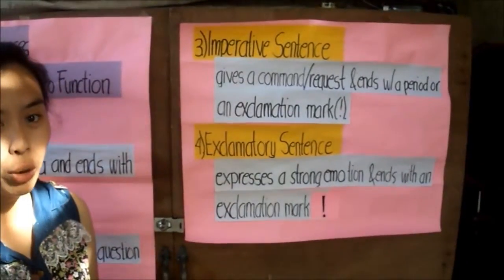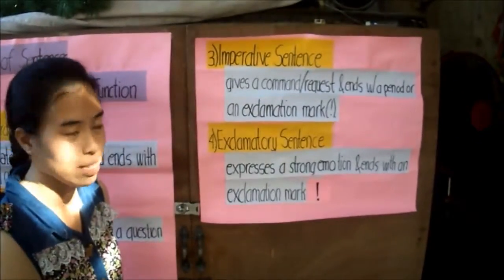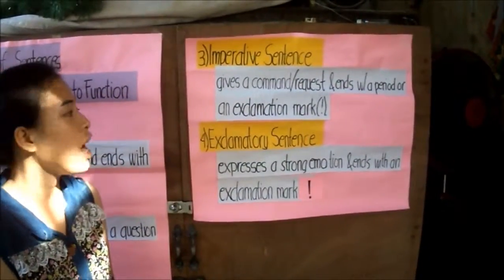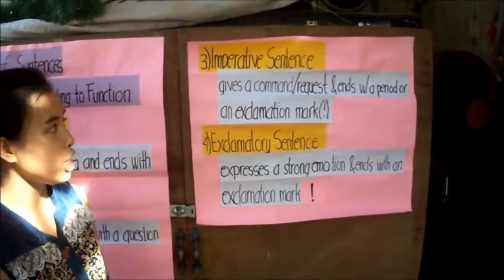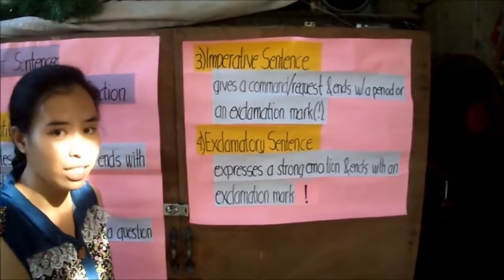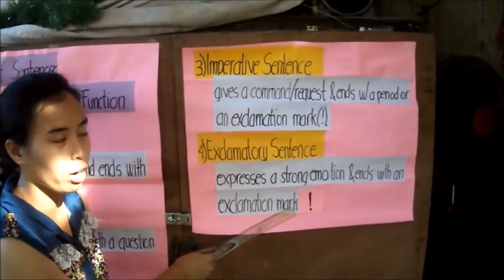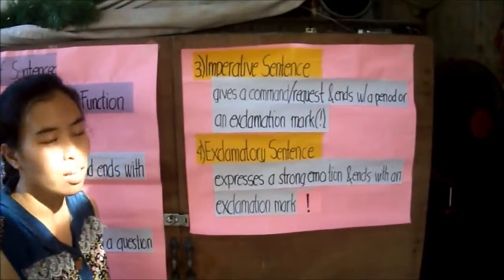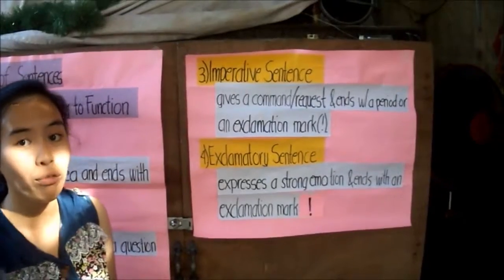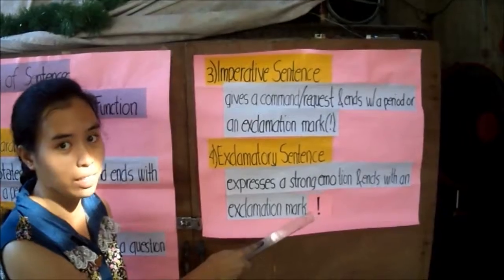So let's move forward to the third kind of sentence according to function, and that is the imperative sentence. An imperative sentence gives a command or request and ends with a period or an exclamation mark. A period, just like at the end of the declarative sentence, is a small dot, or an exclamation mark just like this one. This is an exclamation mark. For example, come. Come, as in C-O-M-E. You're asking someone to go forward to you, and it should end like this